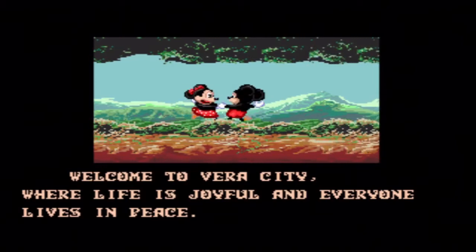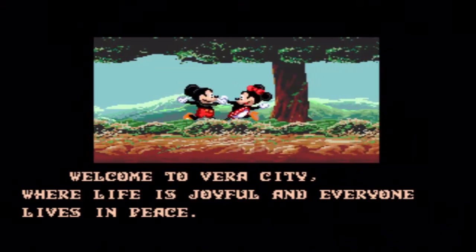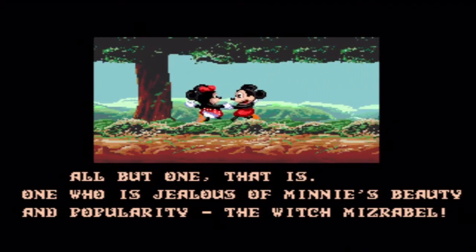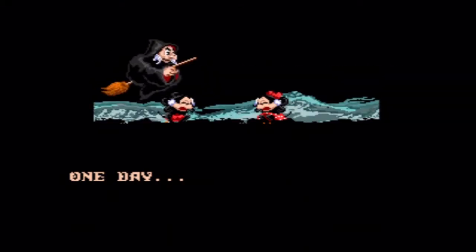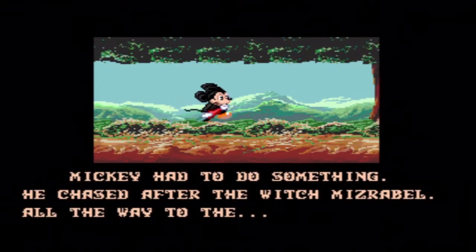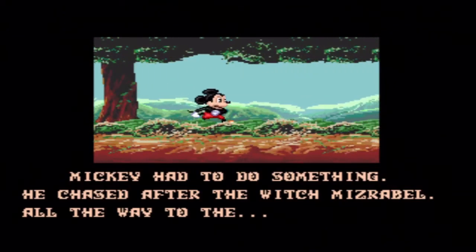Once Upon a Mouse. There's a little story here. Welcome to Vera City, where life is joyful and everyone lives in peace. All but one, that is. One who is jealous of Minnie's beauty and popularity. The witch Mizrabel. One day... Wow. Run, Mickey! Mickey had to do something. He chased after the witch Mizrabel all the way to the...